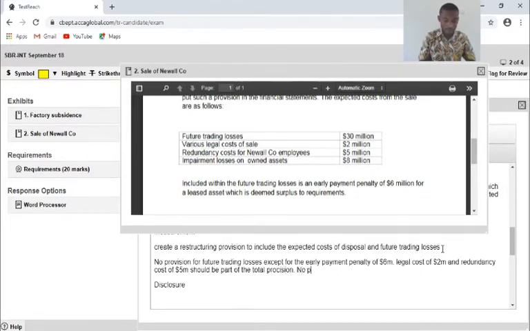Then no provision should be made for the impairment losses of 8 million.